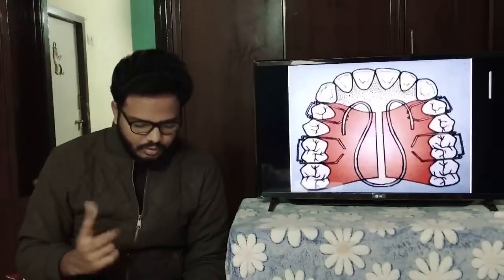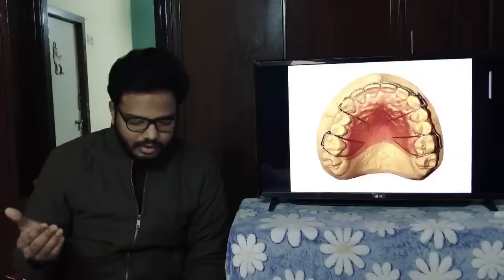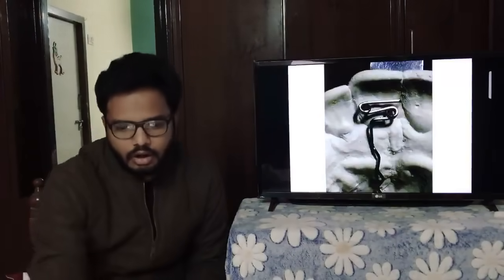Coffin spring, omega shaped, slow dentoalveolar expansion. It's a Hawley appliance with a fitted labial bow. Fitted in the sense that the labial bow conforms to the anatomy or contours of the labial aspect of the anterior teeth. And this is the double cantilever spring, or